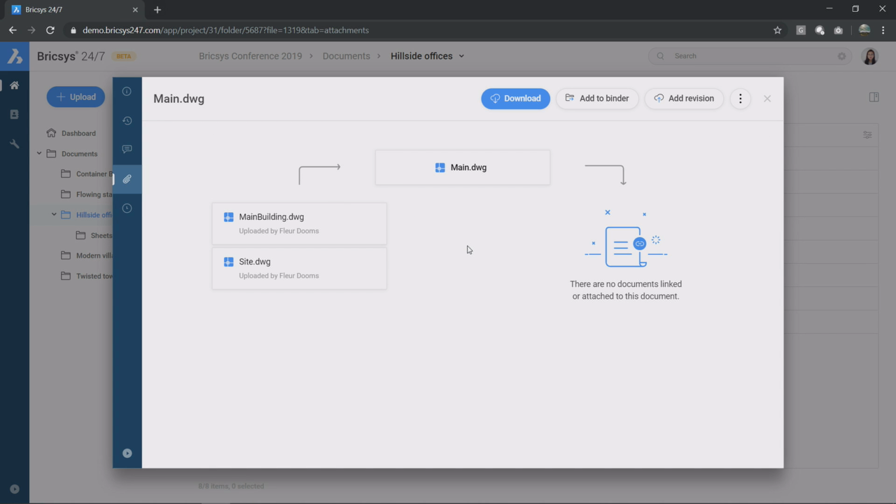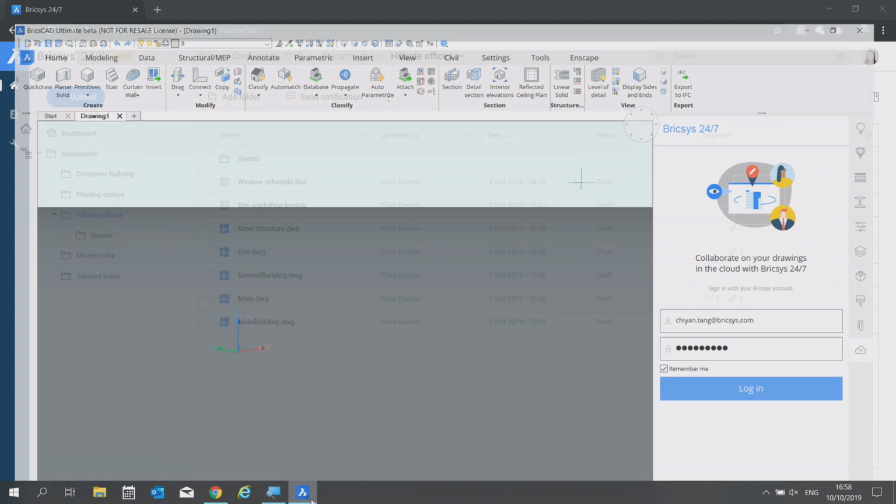And then we can also go to attachments, and there you can find an overview of the attachments that are in your project and that your project is part of. So that's quite useful for a quick overview of what your file contains. We then go to BricsCAD